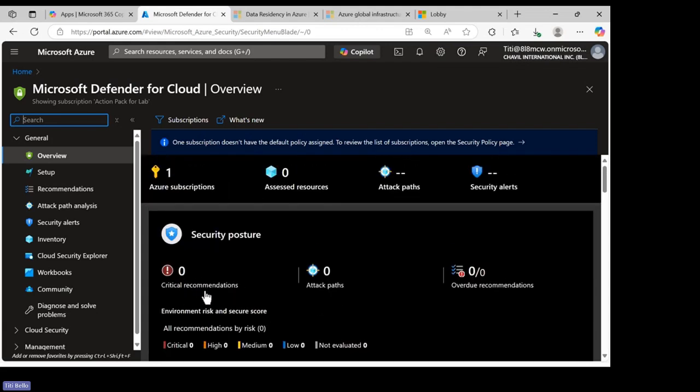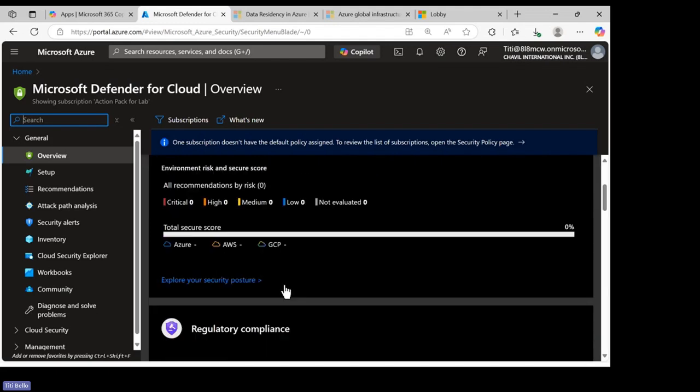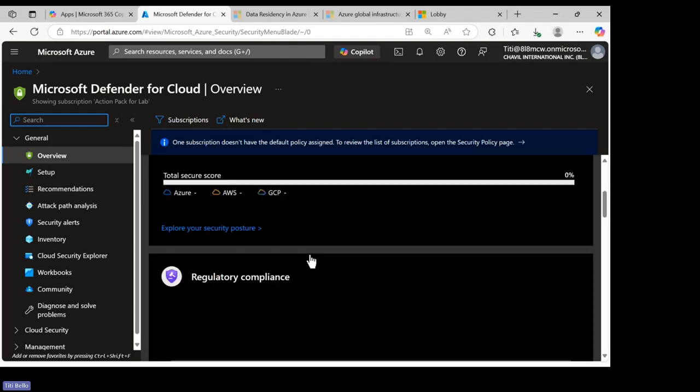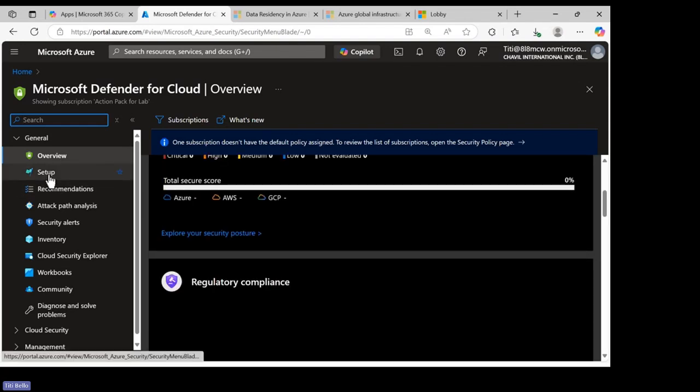We have 0 critical recommendations, attack paths 0, and overdue recommendations are also 0. Compliance requirement, no assessment has been completed for now. So we can actually enable the free tier, right? We can enable the free tier for the